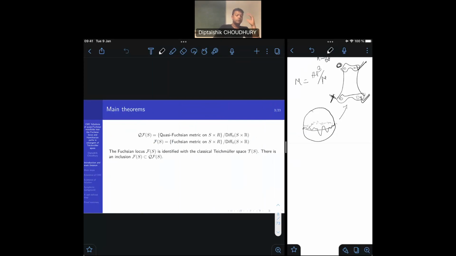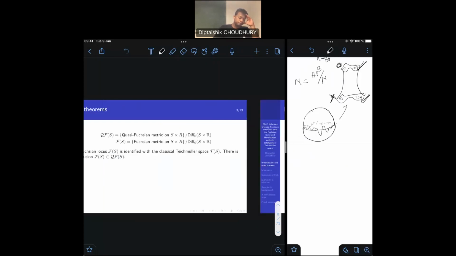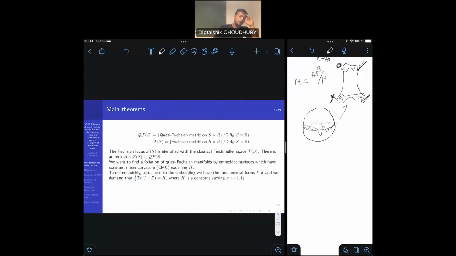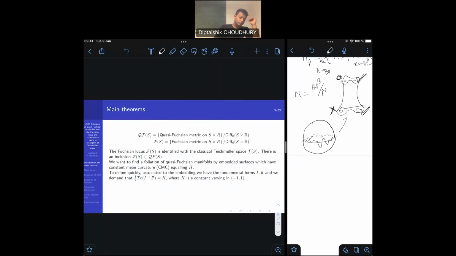Well, every conformal class, or equivalence class of complex structures, contains a unique hyperbolic metric, and this is essentially the identification. Moreover, you can see that the space FS is included in the space QFS quite naturally. So what you want to do now is that, given a quasi-Fuchsian manifold, actually there is something that should be